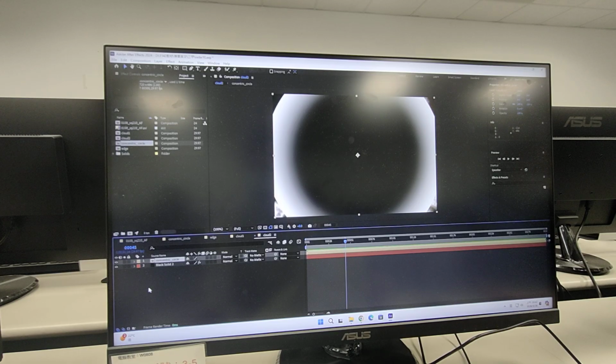And then here is the track mate. We select the black solid 2 and we check the concentric circle. Use concentric circle as the mate for our black solid 2.